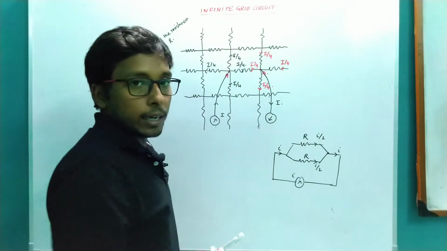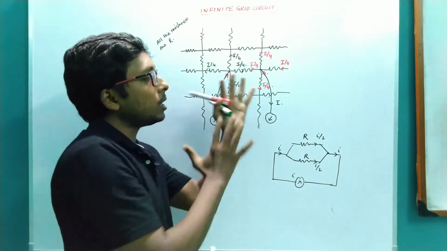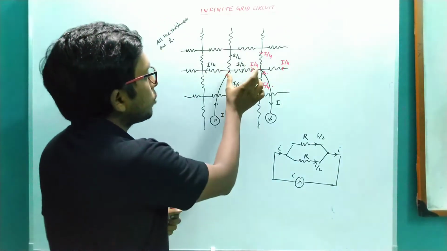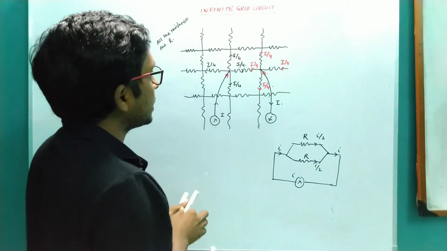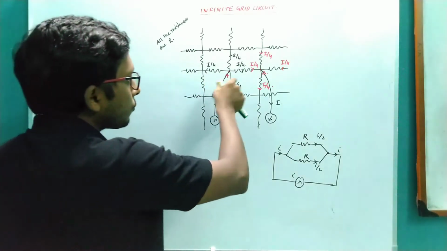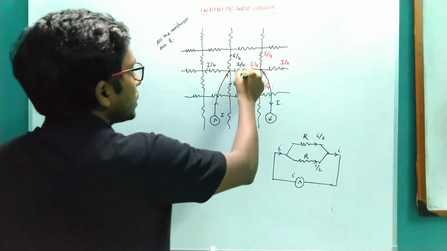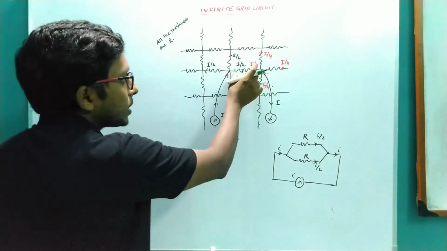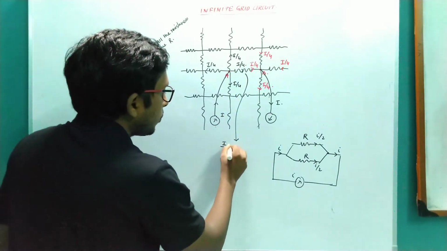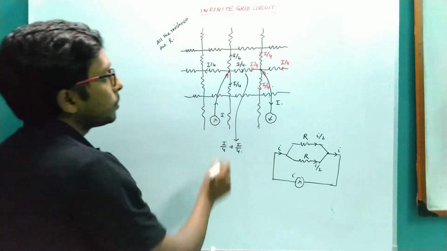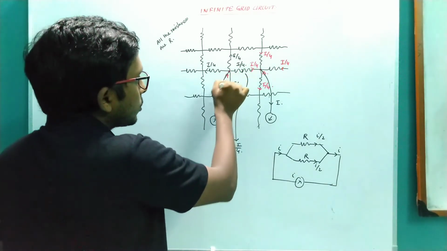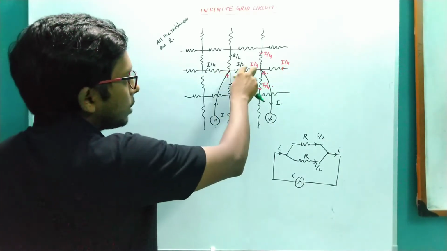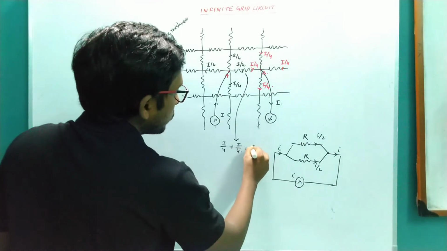So I did this separately, and then I am just superposing one circuit over another. Now if I look at this particular resistance R, the amount of current passing through this resistance, I am not writing it, I am just putting the values, is equal to I by 4 plus I by 4. Why am I adding? Because the direction of the current for this particular current and for this particular current is the same here, and hence two I by 4s are joined to give us I by 2 amount of current.